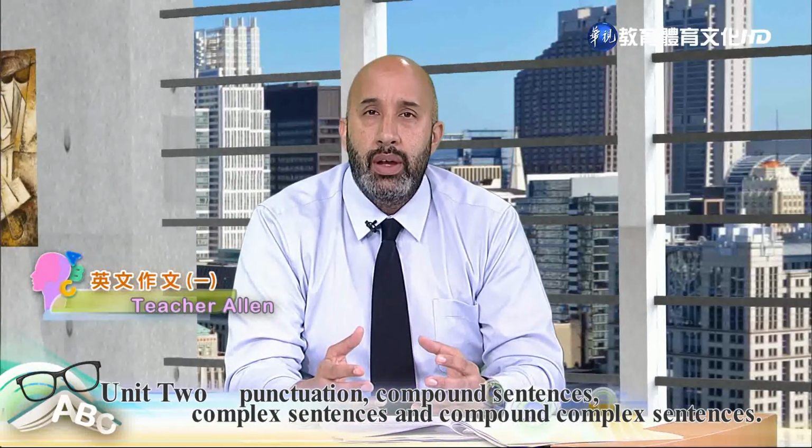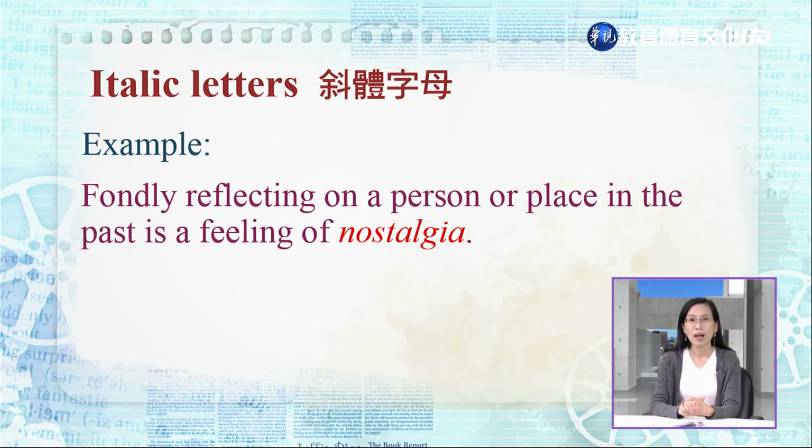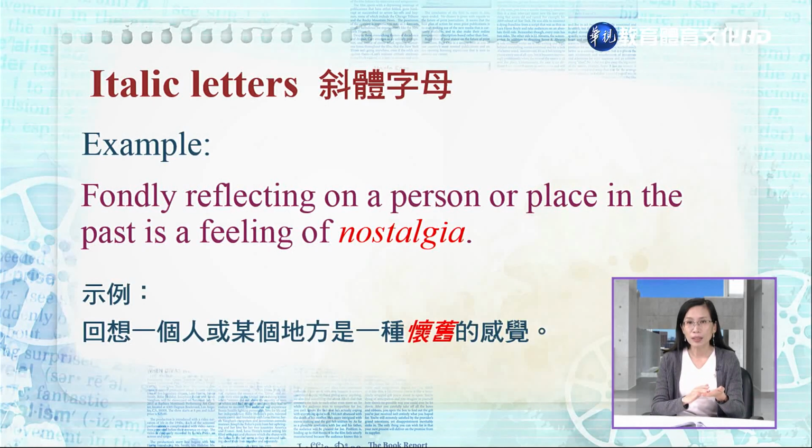So, for example, fondly reflecting on a person or a place in the past is a feeling of nostalgia. 好,那我们这个斜体字呢,也可以用来干嘛呢?显示说刚才你定义的一个单词。那比如说我们的示例里面,它是说这样子:回想一个人或是某个地方是一种怀旧的感觉。那这个怀旧的这个字呢,就被怎么样斜体字了?那表示说我们在定义怀旧的这个字 nostalgia。